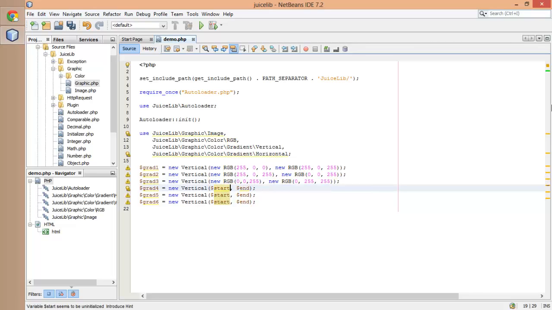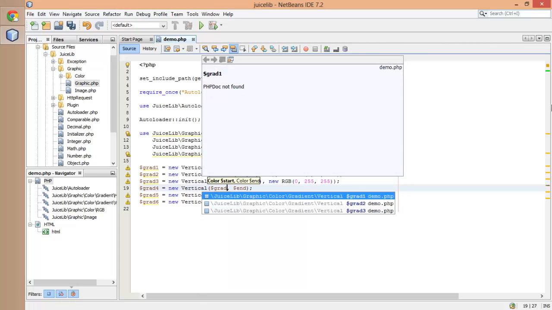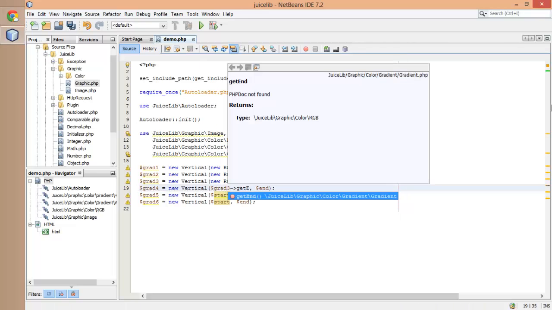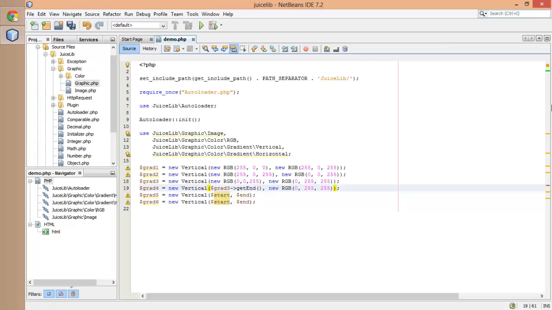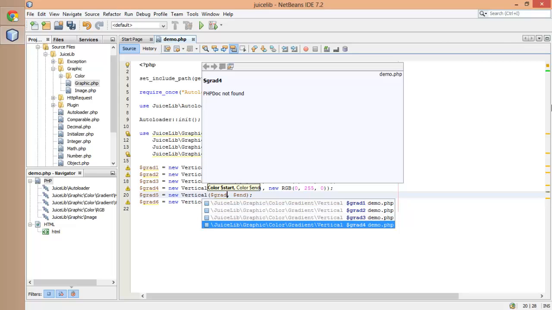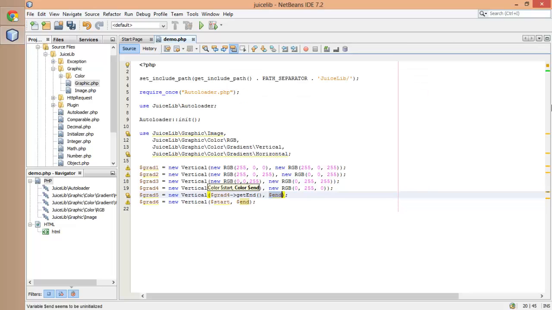Actually, we can do this super short. So let's do grad 3 get end, because that's really more interesting than that. That's 255. We're gonna end it there, and let's do grad... Is that grad 4? Yeah. Get end, and then we're gonna have